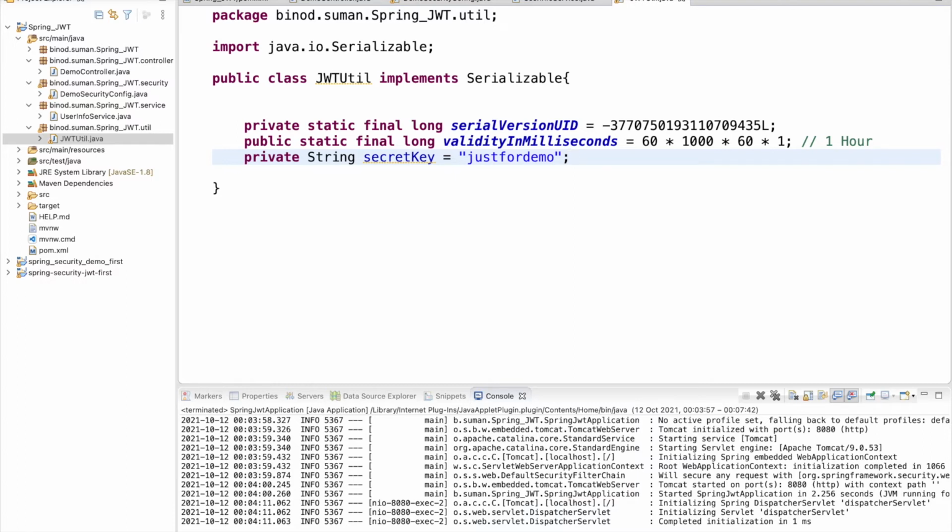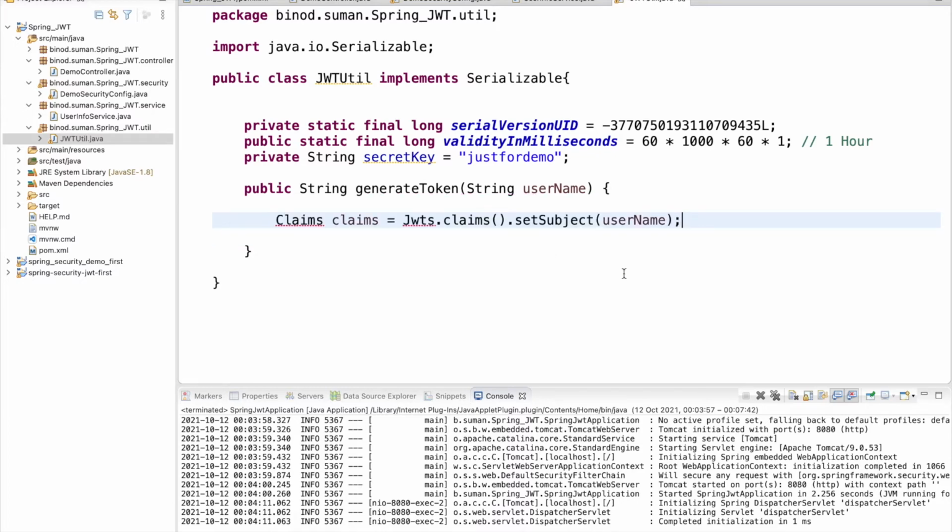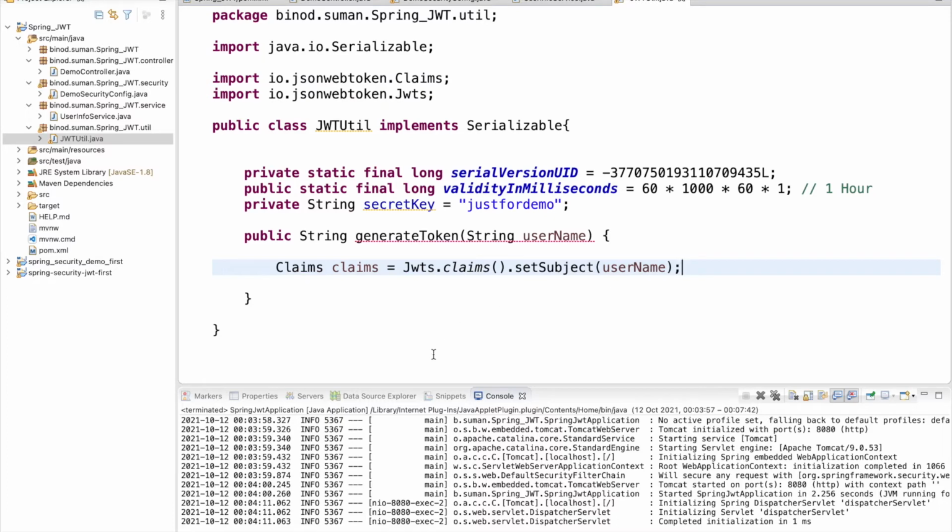First and foremost, you have to create one method that will generate the token with the help of the username, right? So make one method, generateToken, and you pass this username. First you make one Claims object, and import it, because everything should work now that we have imported the JAR files, right?